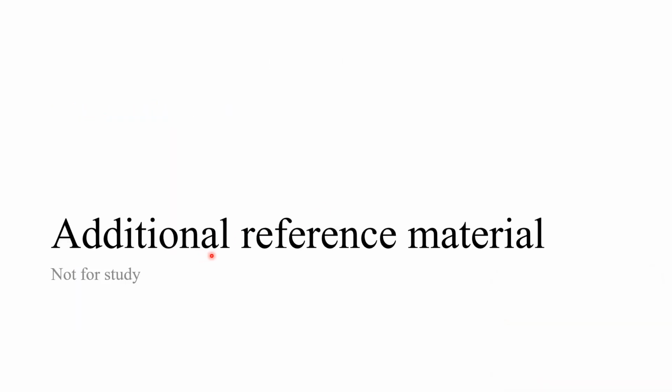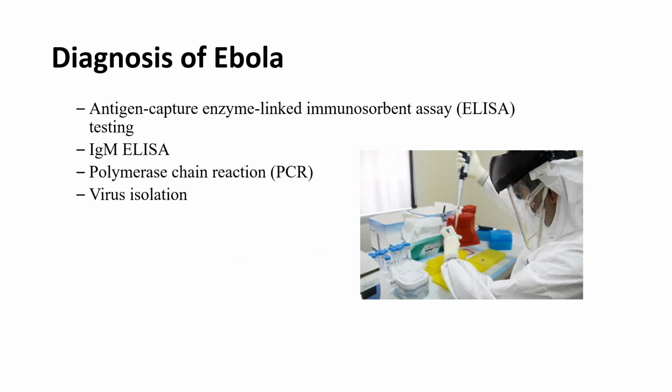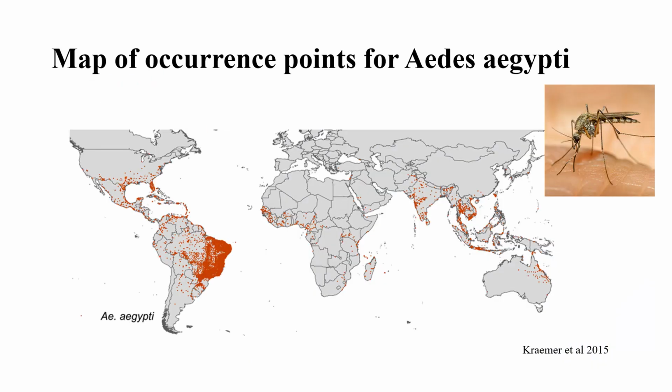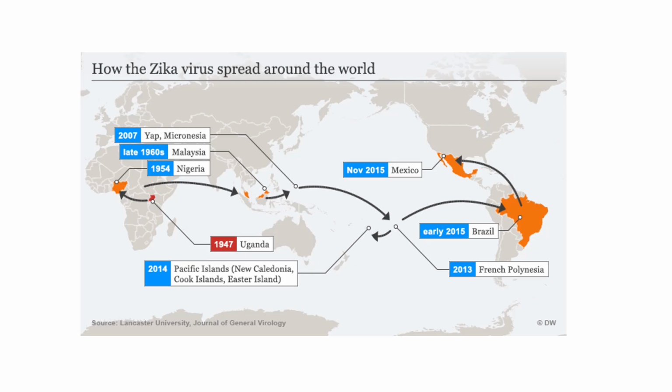I included at the end of this lecture some additional reference material. Of course, you can look. So for diagnosis of Ebola, just like other viruses, here this map shows you the areas where Zika. This map here shows you the spread of AIDS. This is just kind of a historical map of how